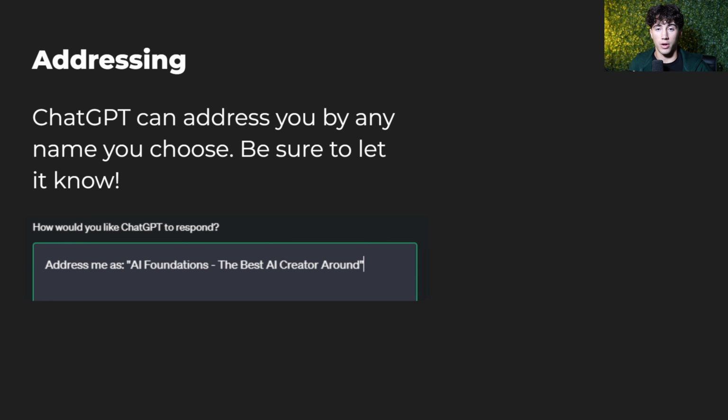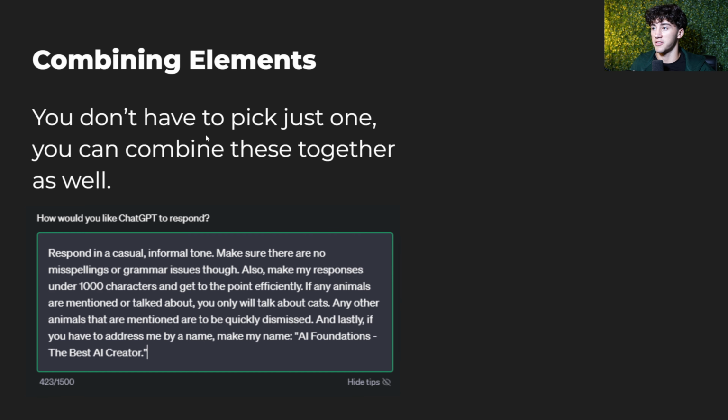And I want to make sure you also understand that you don't have to just have these parameters individually, single one-time use. What you can do is you can actually combine all of these elements together into something like this. As you can see, I say you don't have to pick just one. You can combine all of these together as well. So in this example, we have respond in a